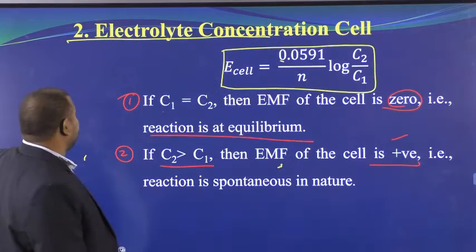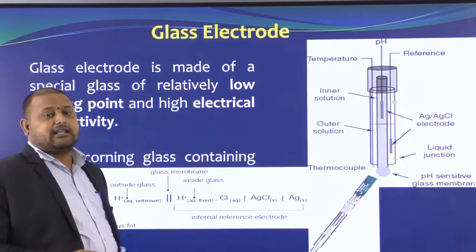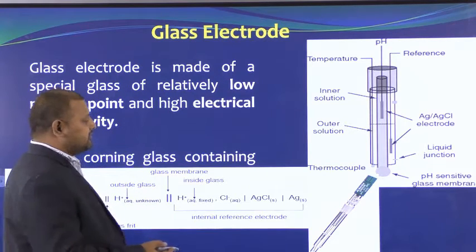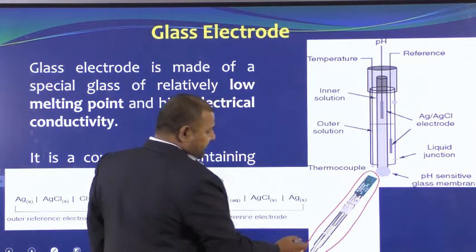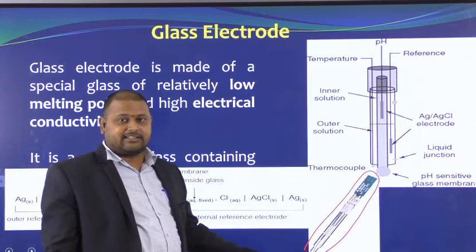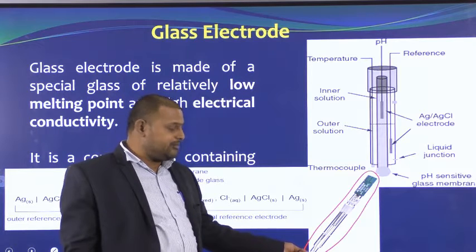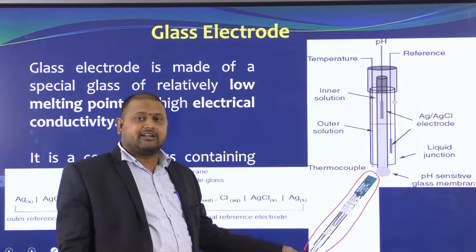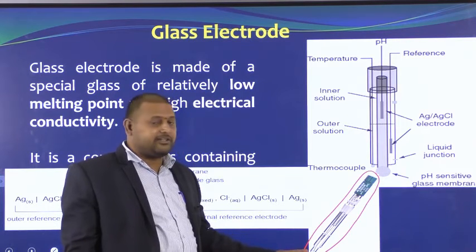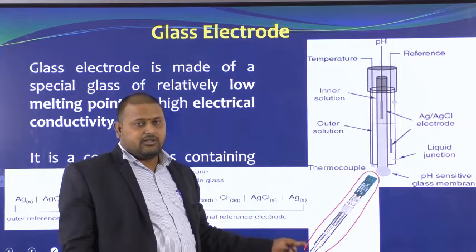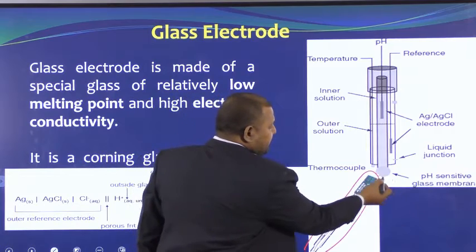Now the next concept we will go for is the glass electrode. So what is this glass electrode? This is our glass electrode, which we use in our laboratory also. In the pH meter, we use the glass electrode. While doing the experiment also, I was saying you should be very careful with the tip of this glass electrode. The tip of the glass electrode is highly sensitive, so you should not touch the tip of the electrode with your hands. It is highly costly. That's what we were saying, right? So this is the tip bulb.